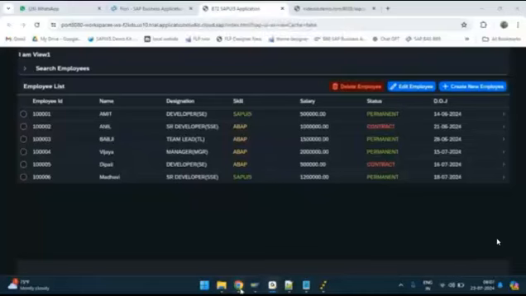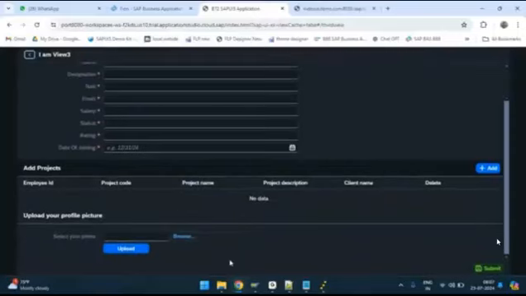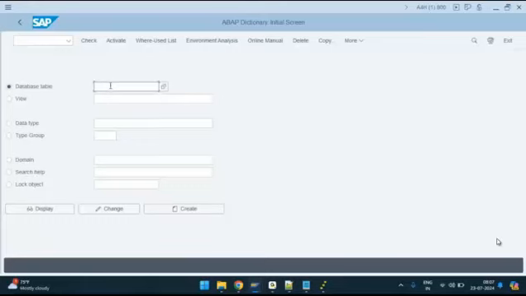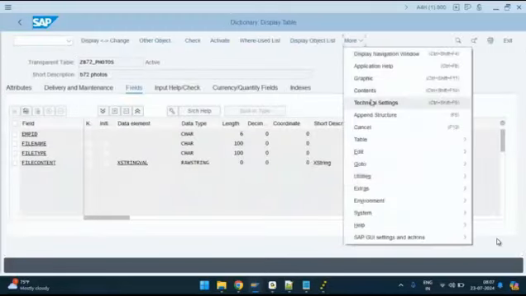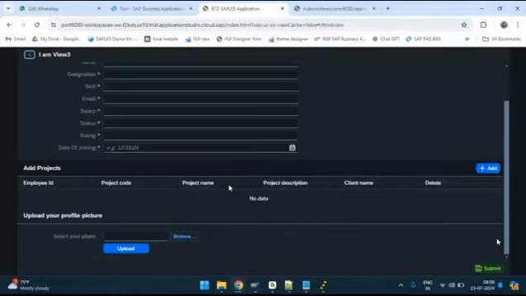Yes, good morning. So in yesterday's class, we uploaded Anil's profile picture. So let me open the table as well. It's C11. The table name is ZP72_photos. So let me display. Go to contents of this table. Execute. Yeah. So we uploaded Anil's profile picture and it got uploaded, but in the front end, it didn't show